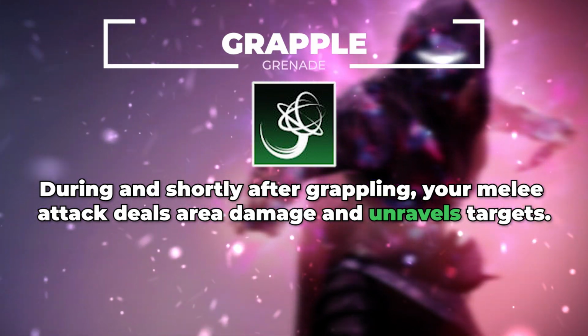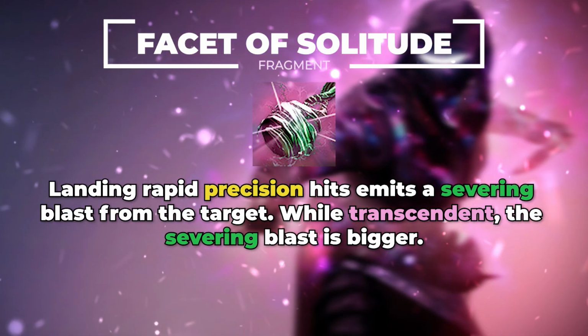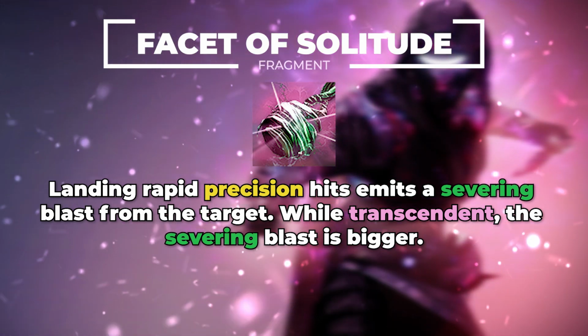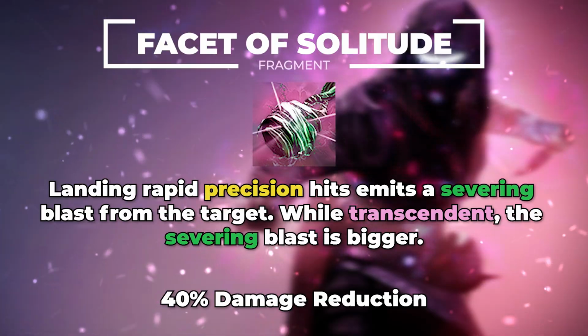Now moving on, we'll want an easy way to become invisible, and Facet of Solitude is as free as it gets. Landing rapid precision hits emits a Severing Blast from the target, and then while Transcendent, that Severing Blast is bigger. Keep in mind that Severing decreases enemies' outgoing damage by 40%, and when defeating a combatant affected by Sever,